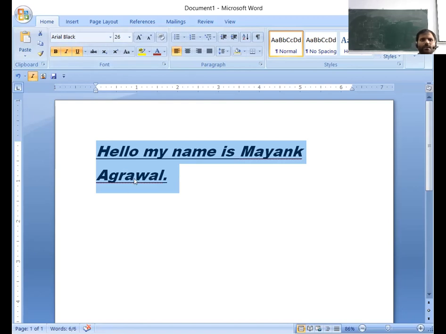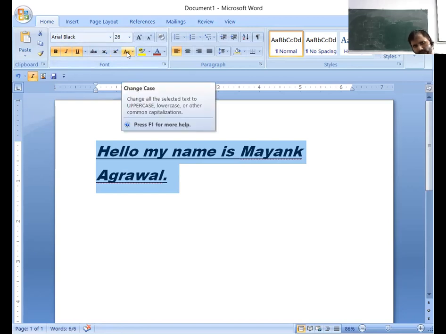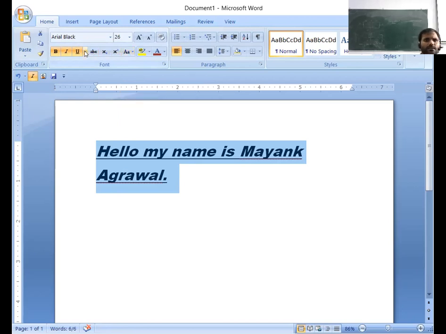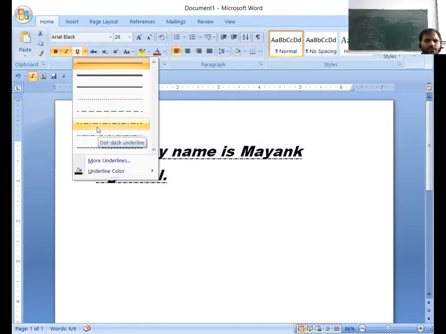So in the first section, there are also different options like strike through, superscript, subscript, and change case. In the underline, you can see there are some underline formats, like dotted, curve, and double line underline.